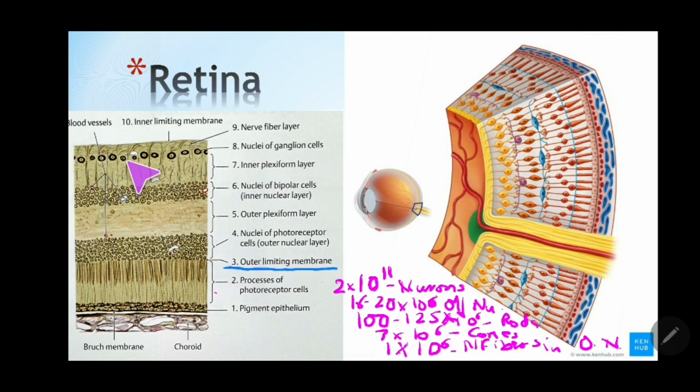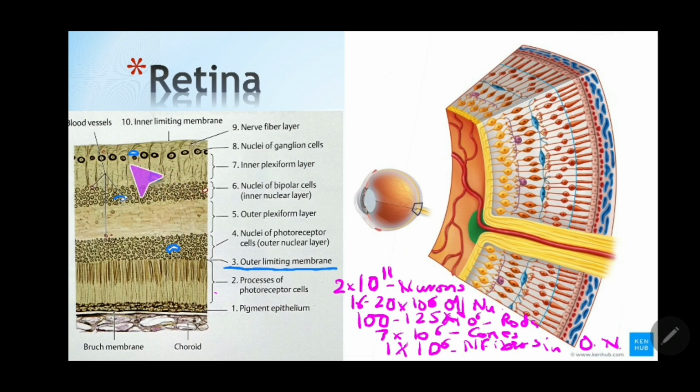And these ganglion cells also have their central processes, and the axons of the ganglion cells form layer by layer and converge towards the optic disc, and this layer is called the nerve fiber layer of the retina. And there will be blood vessels also here. He has shown the blood vessels here also. So these are capillaries, cut sections of the capillaries, but actually the branches of the central artery of the retina are running here in the nerve fiber layer, and from there